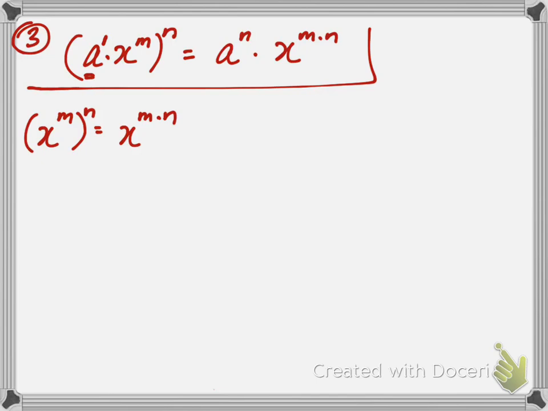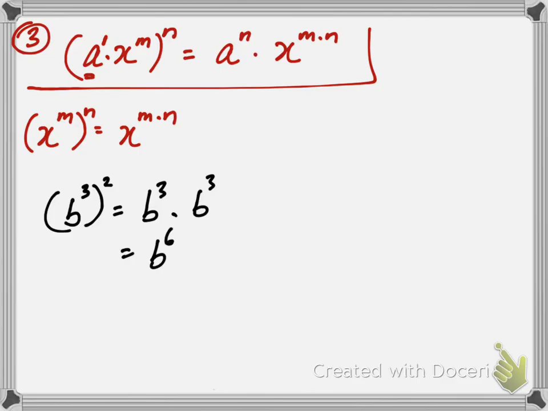Okay, so if I just do a simple one, like for example, b to the power 3, all squared, is the same as b to the power 3 times b to the power 3. Add the 3s up, you get b to the power 6. Shortcut: 3 times 2 is 6. As you can see, it pretty much makes sense. Example